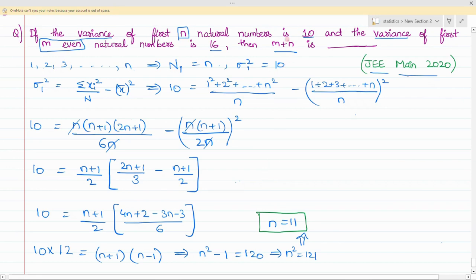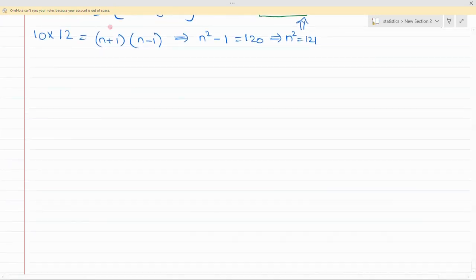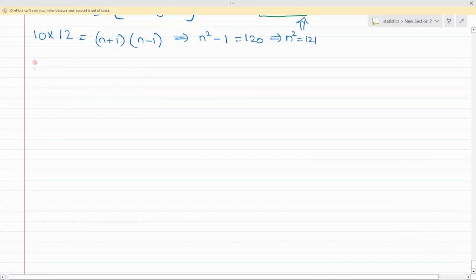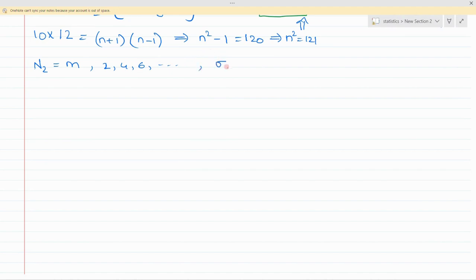Now we need to find the value of m. So let us do that. In the second sequence there are again m even natural numbers. Those are 2, 4, 6, and so on till m even natural numbers, and the variance of this is 16. So according